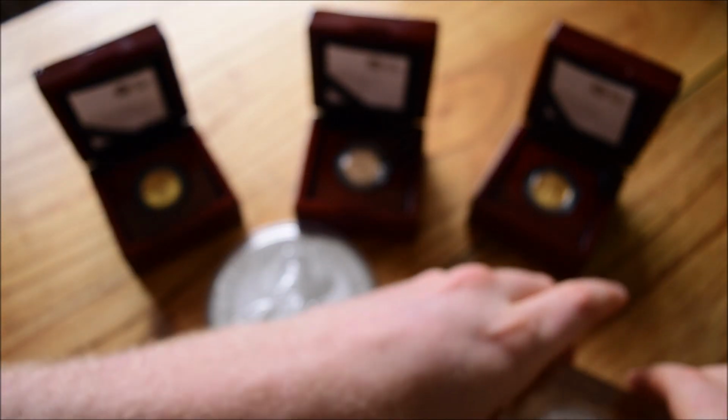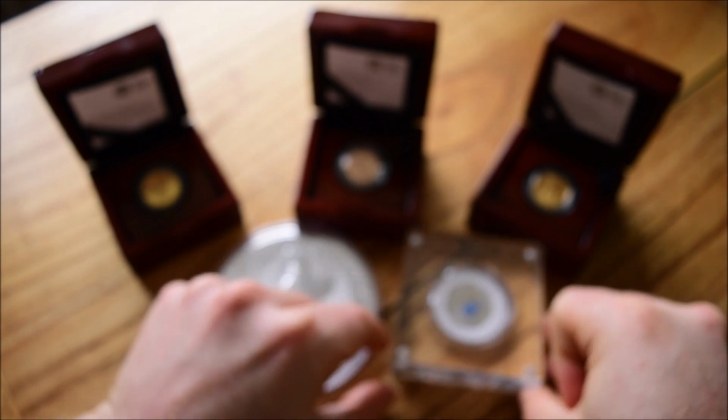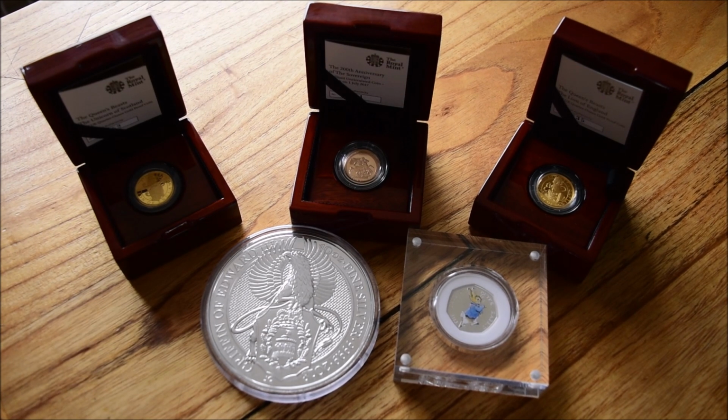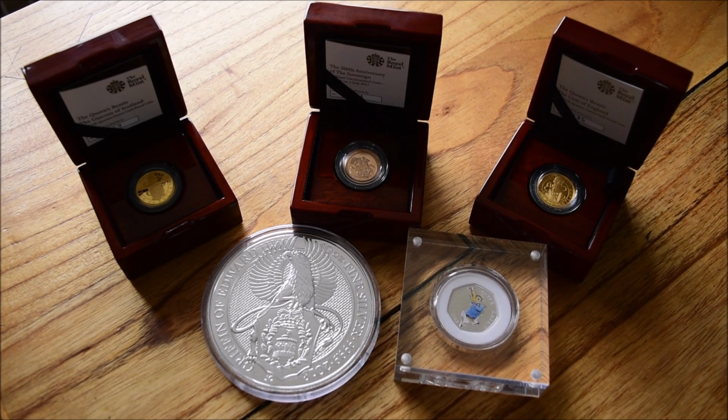I think for the Peter Rabbits, you could probably call them opportunistic for that. There were a lot of people who jumped on that bandwagon to try and make a quick buck. But the only ones that really made the most money from that 2017 edition Peter Rabbit were the Royal Mint themselves. So that then brings us on to the last set of coins which I've got on the table here,